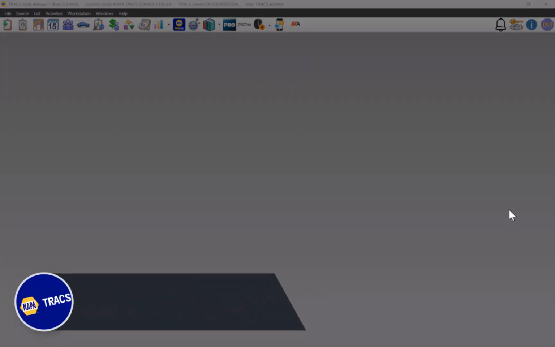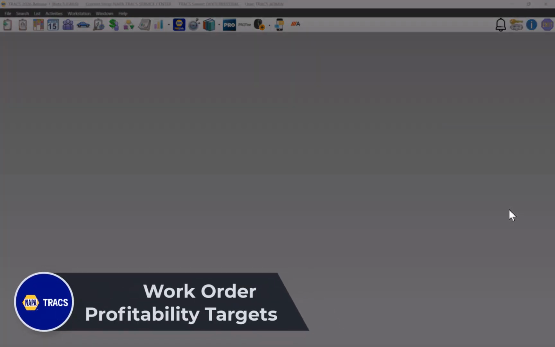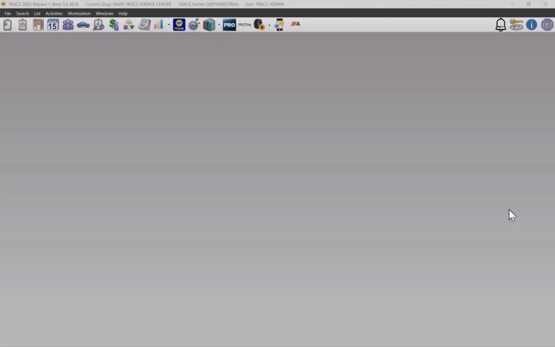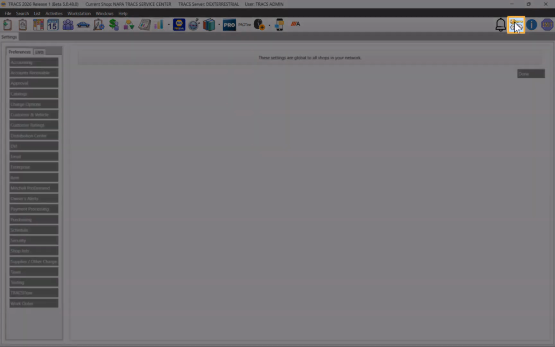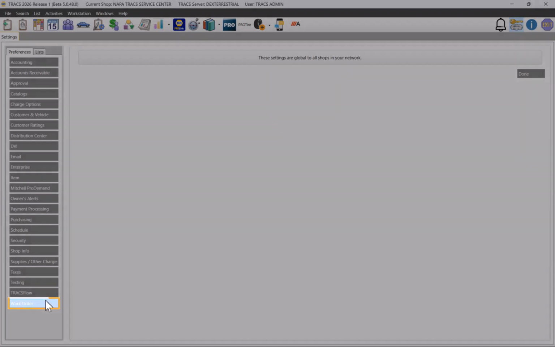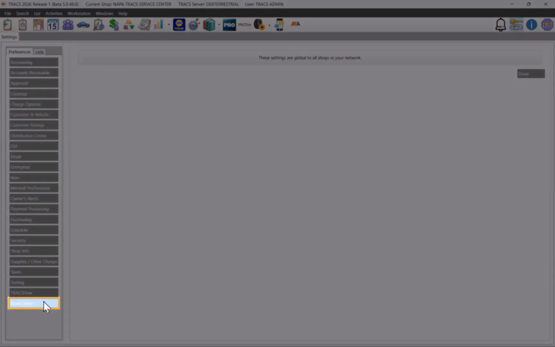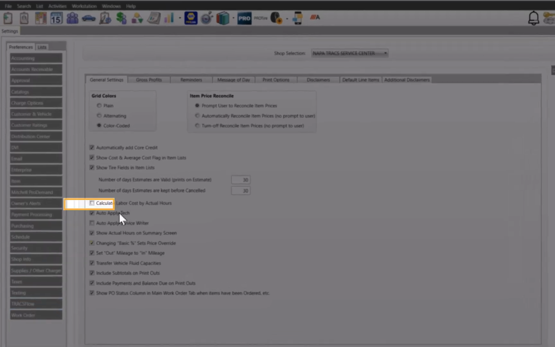Now we're going to start focusing a bit more on profitability, specifically the work order profitability targets. We have a setting inside of System Settings that will allow you to set your benchmarks and have a visual representation in the work order. We're going to open up the work order button at the bottom of Preferences, and you're going to see there's